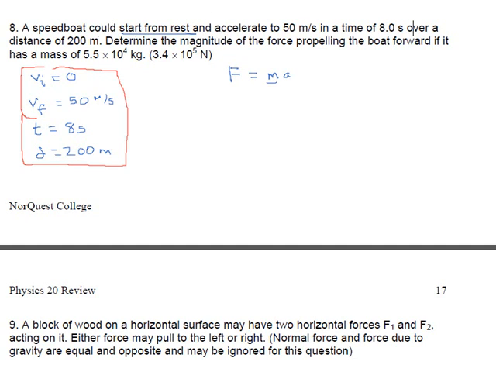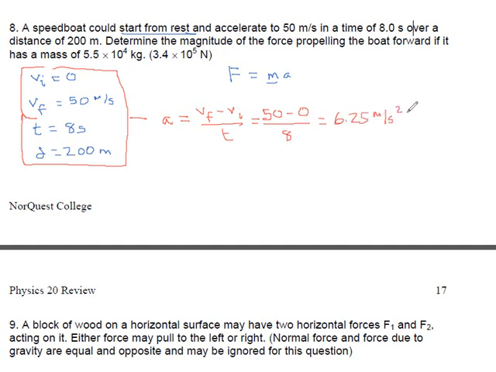In fact, I think there are two ways. Option one, acceleration is Vf minus Vi over t, or your sheet might say delta V over delta t. If you do that, you get 50 final velocity minus 0, the initial velocity, over 8 seconds, which is 6.25